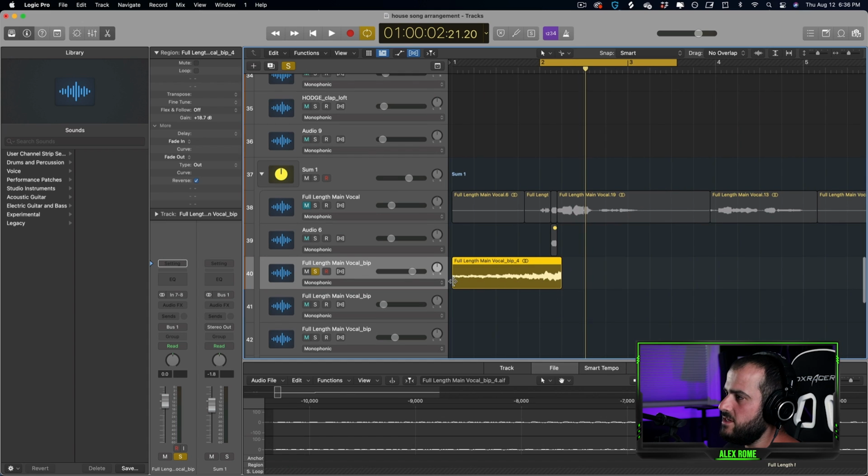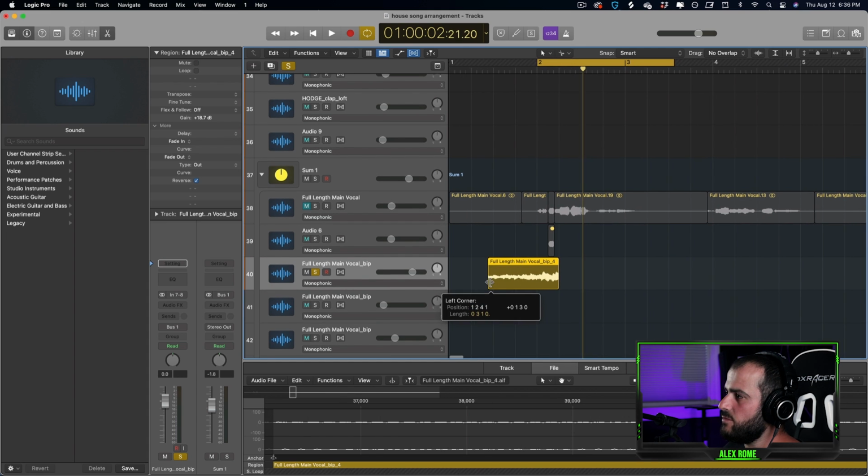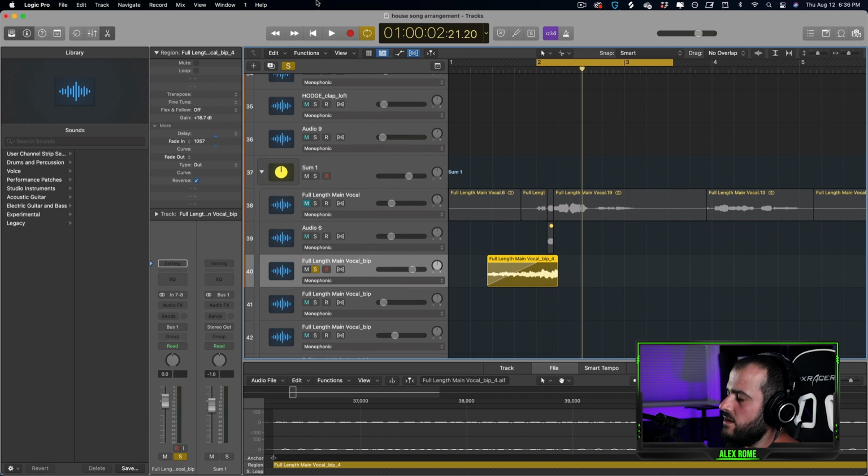I don't need it to be this long, so I'm just going to cut up to there, and then I'm going to fade it in. And then I'm going to do a little bit of fade out so I don't get that pop sound. And if I play this,